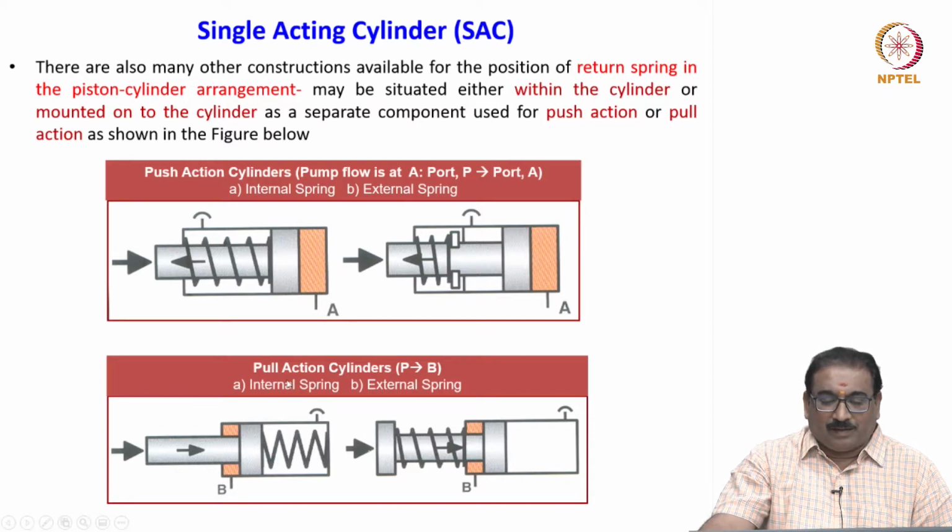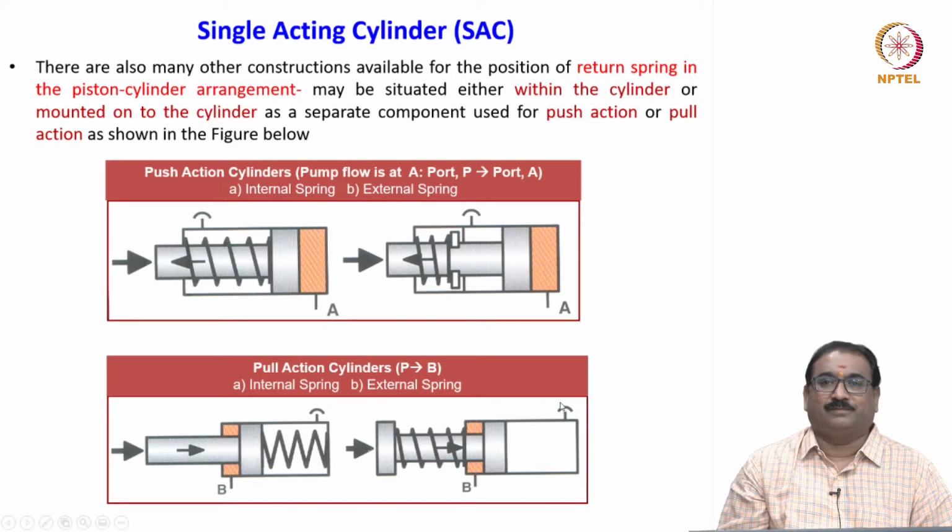Then you will see the pull action. Now, you will see, using the fluid, I am pulling the load attached here. It is a pull action, meaning the cylinder P port is connecting to B here. Then it is an internal spring, see, inside the body. Here you will see, friends, outside the cylinder body, it is the external spring. Sometimes the exhaust ports are provided as very small ports, okay. They are known as a vent port for the proper functioning of the single acting cylinders.